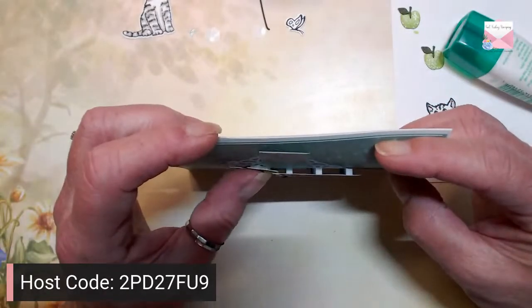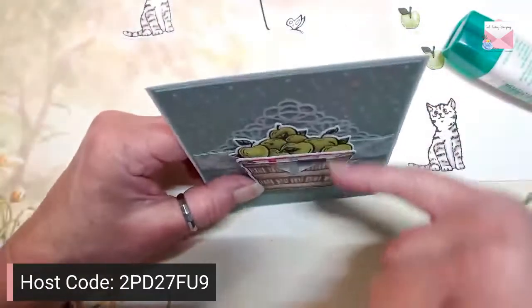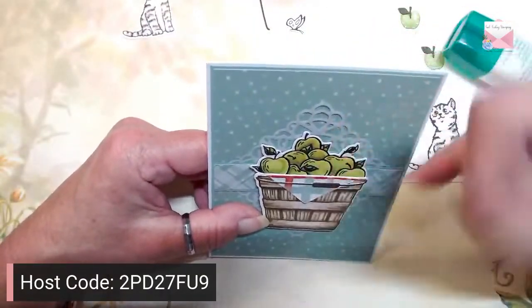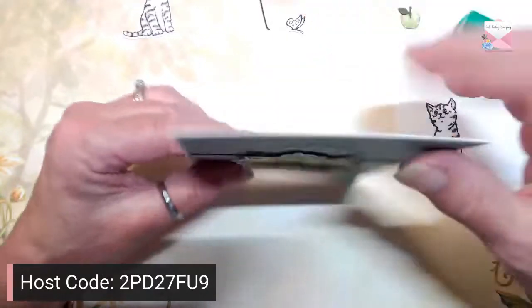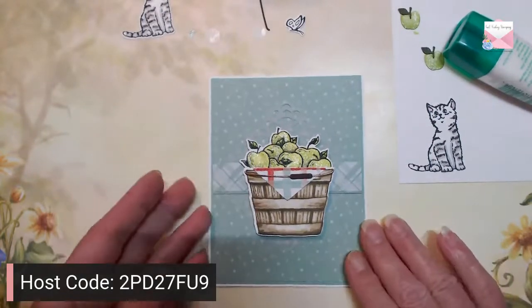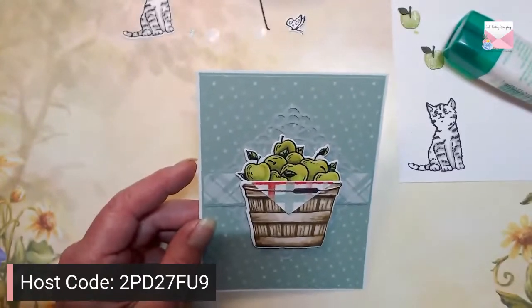It is just a hair. I mean, it is not even a lot, but you can see that there is this little tiny space between the basket and the apples, ever so slightly. I mean, it's probably a 1/16 of an inch, but it does make a difference when you,